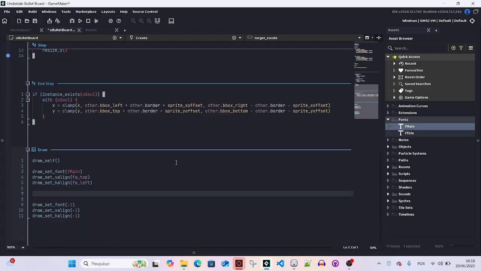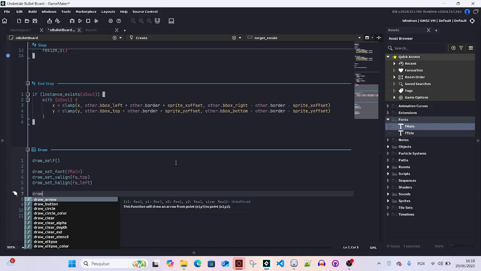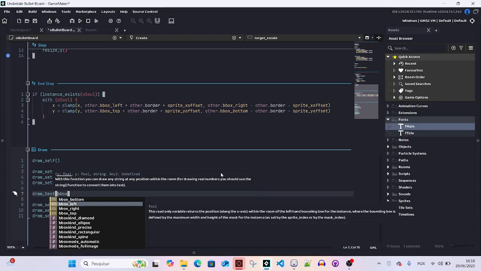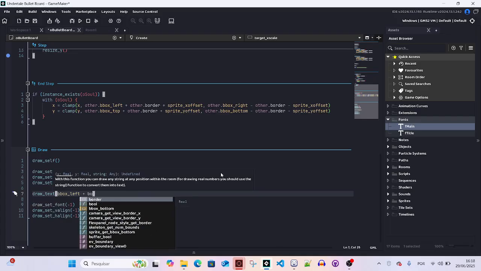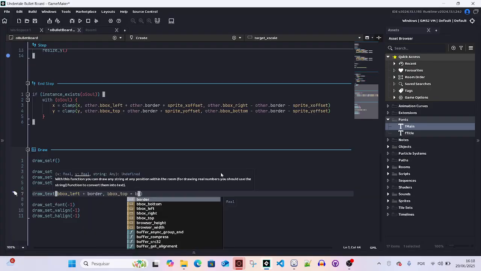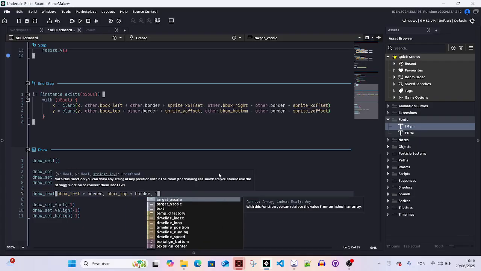So now, how do we actually draw text? It's pretty simple. We can just call draw text, and you pass in an x coordinate, a y coordinate, and the string you want to draw. So our x coordinate would be our b box left plus border, b box top plus border. We talked about b boxes in the last episode. And our text, right? So now if we run the game,